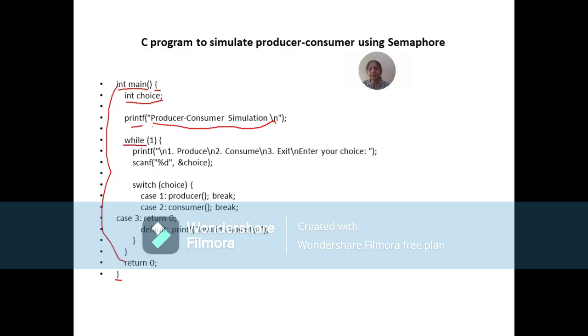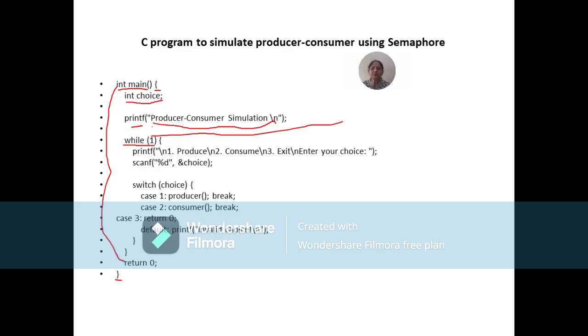After that, there is a while loop. And you see what is the condition of the while loop? While 1. 1 denotes infinite loop. 1 means the condition is true. So while 1 means while true. So there is no actual condition that we are checking. That simply means that this while loop is an infinite loop. And to come out of this infinite loop, inside the body of the while loop, we'll have some condition. Okay, so let's not worry. Just remember that this is our infinite while loop.